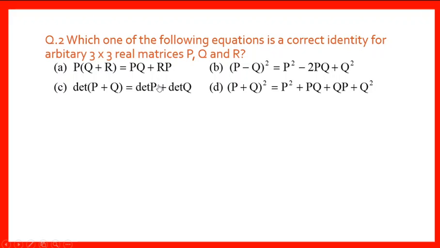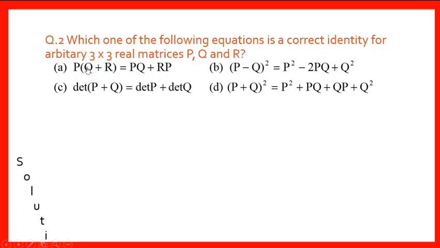For getting the concept of determinant, you can refer to the video lecture on determinant and Cramer's rule, whereas for getting the concept of multiplication of matrices, you can go through the basics of the matrix, that is, the introductory lecture on matrices. The links of these two videos are given in the description box. One can refer to that. So let us see what the answer will be for this.